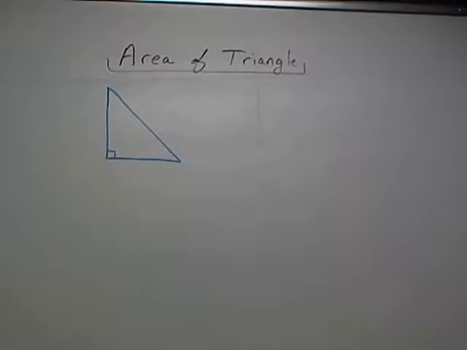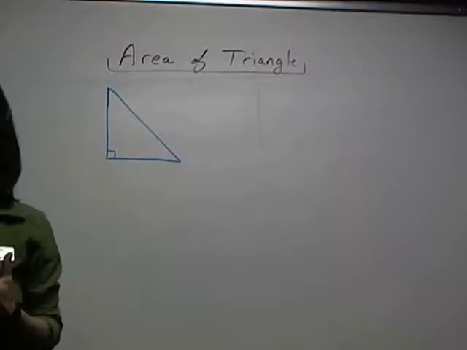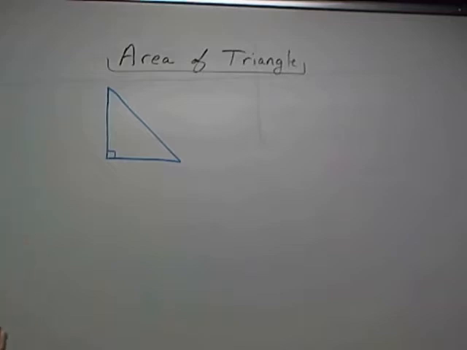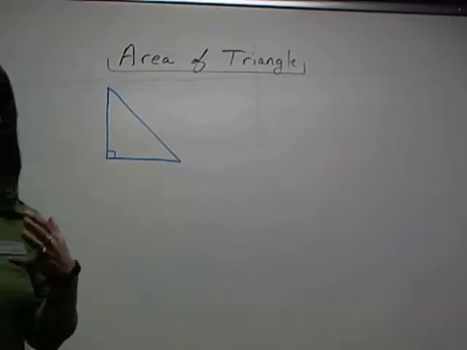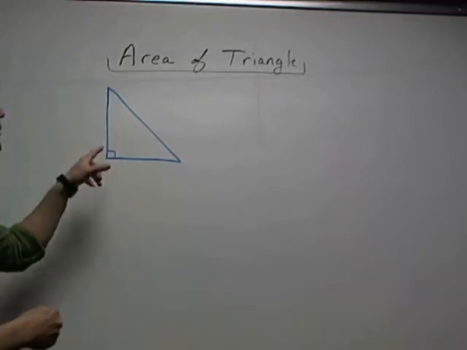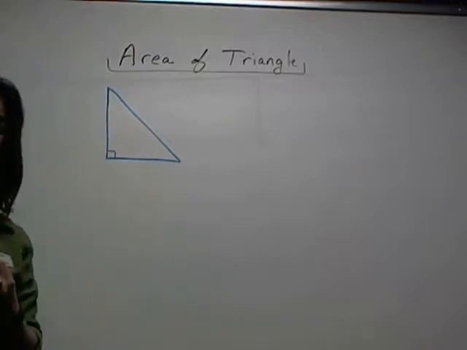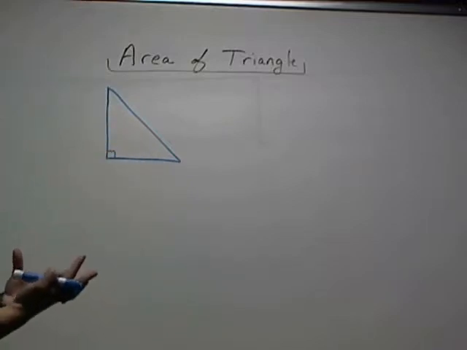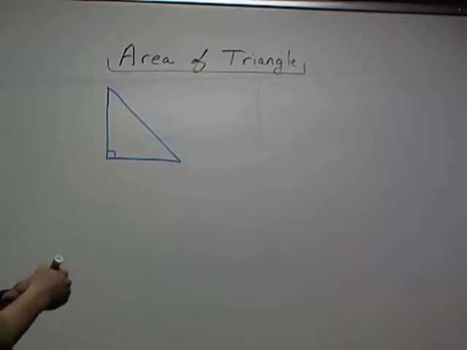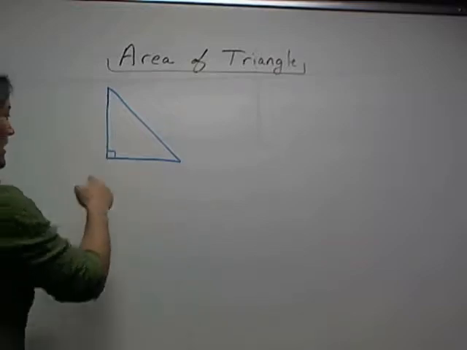There's only one formula in this class that you will be required to know, and that is the area of a triangle. Remember, when we're finding areas, we're finding out how many little squares would fill in this space. And since they're little squares, our label would be squares. You'll notice that this particular triangle has this little